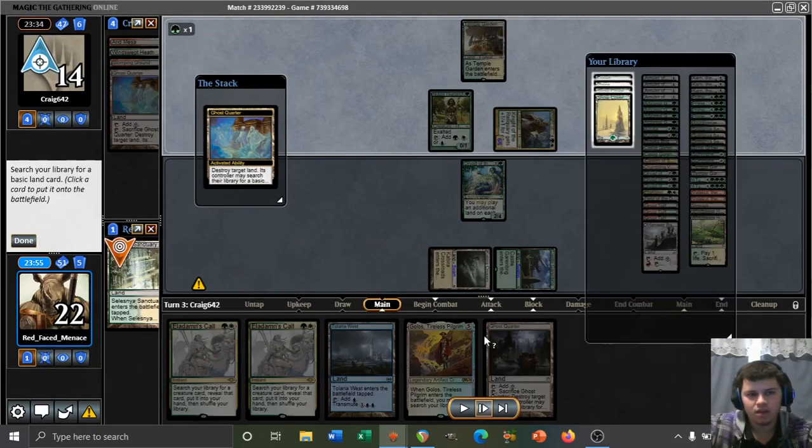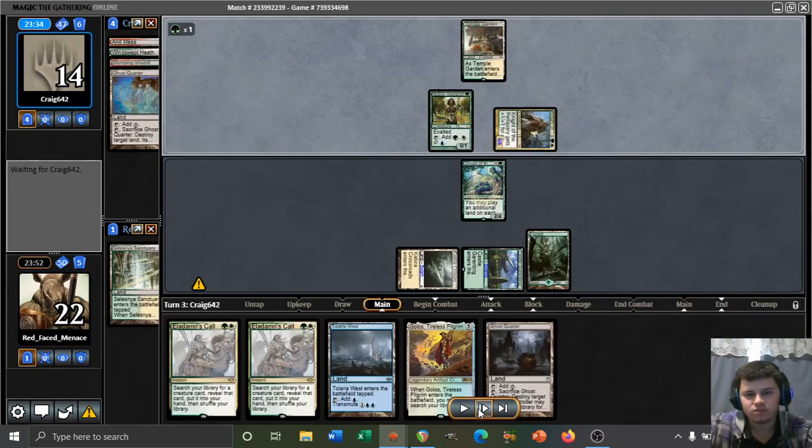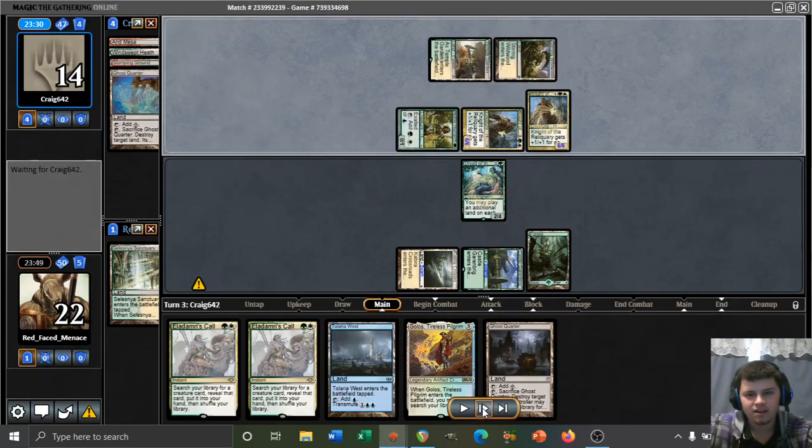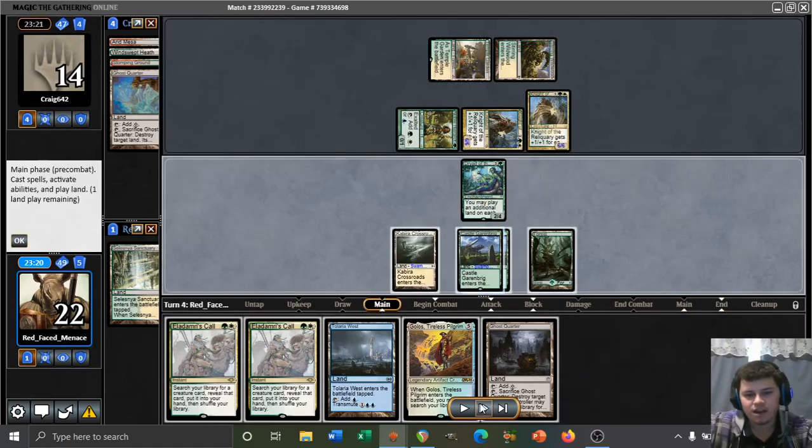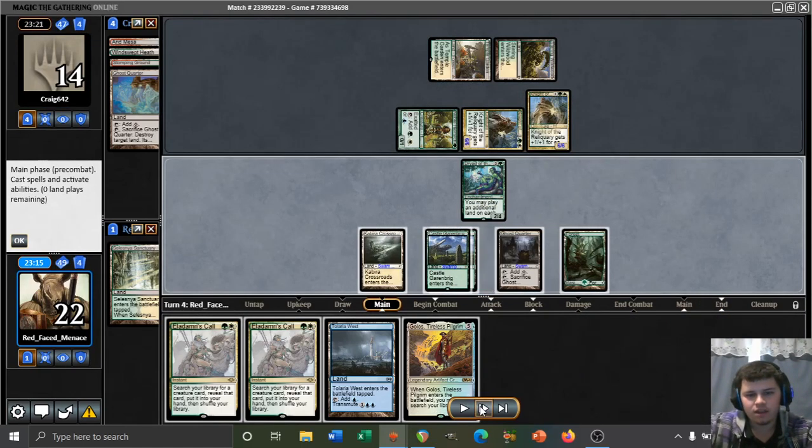So, and they Ghost Quarter our Sanctuary, which is a shame. We'll get a green source here for activating Castle Garenbrig, potentially. But that one definitely hurts. They play a second Knight of the Reliquary and pass it back to us. We top deck a Garenbrig, and we play it out. And we play out our Ghost Quarter, and